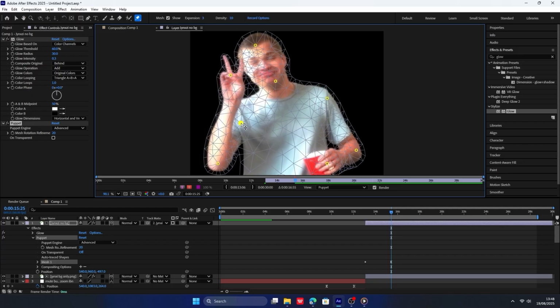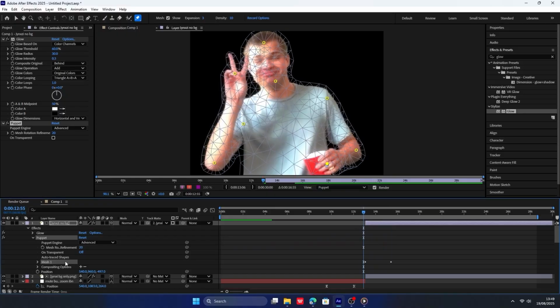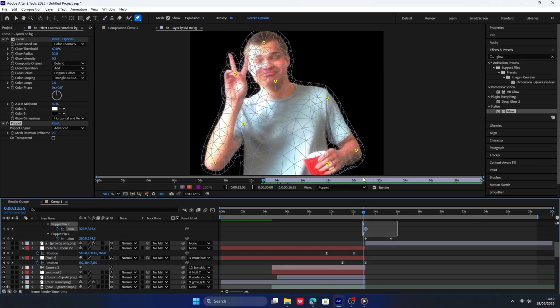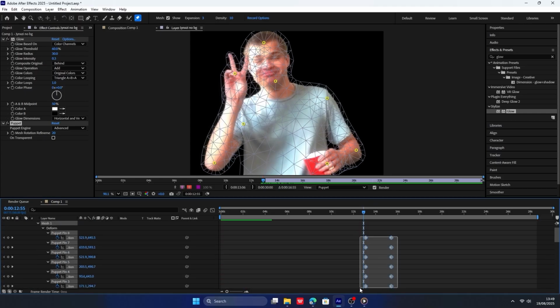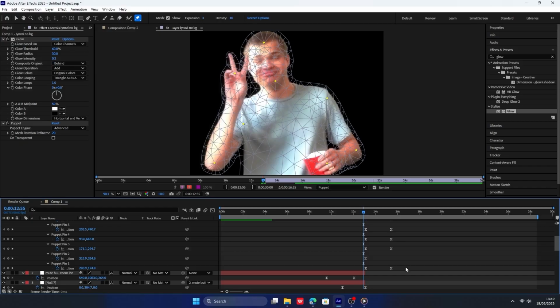So I'm kind of imitating an animation of the person getting pushed by the wind or whatever towards the left. So every position or every pin is moving towards that direction. Some pins are moving upwards, some pins are moving to the right, but the majority are moving towards the left. You kind of want to make the animation realistic. And now just copy the keyframes, all of the keyframes,